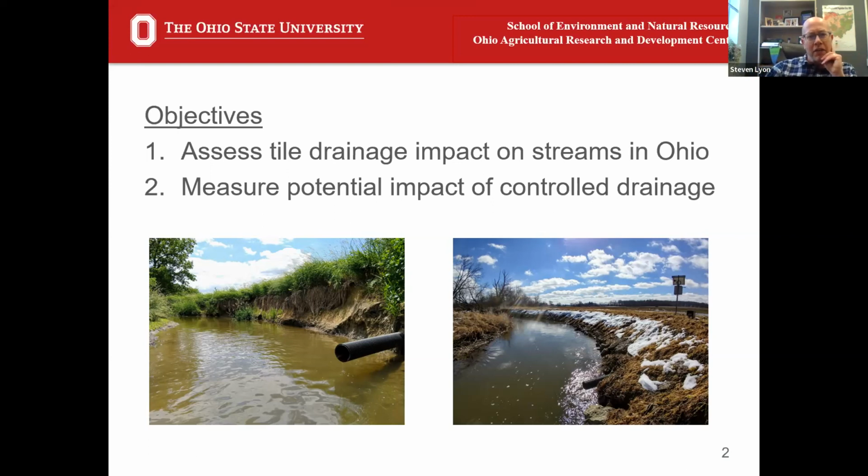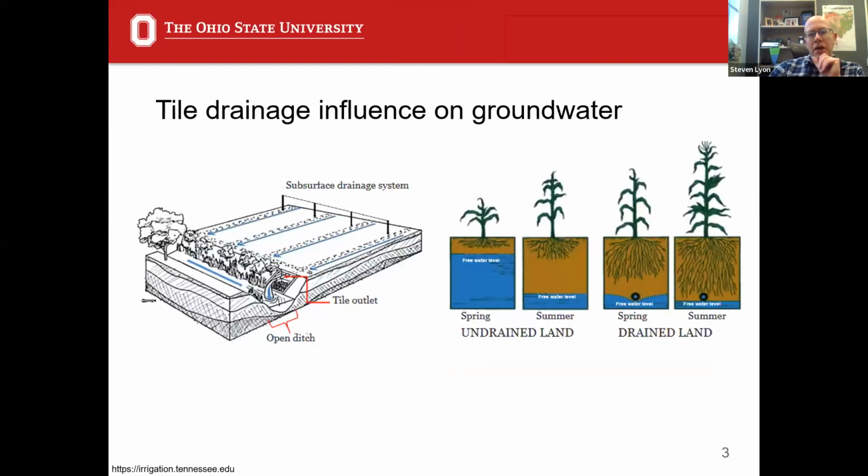So into that first objective of how tile drainage has worked and how it impacts streams in Ohio. I always think it's good to start with a refresher about what tile drainage is, or subsurface drainage. For those who are not familiar with agricultural landscapes, it's those underground pipe and tubing systems, perforated plastic pipes that are spaced and laid underneath farm fields to help drain out water during periods of time. The goal of it is literally to lower the water table, shown in that graphic on the right there, to allow for root penetration, aeration, and increase crop productivity, and also to increase trafficability, the ability to drain out those fields, dry them out fundamentally in wet locations.